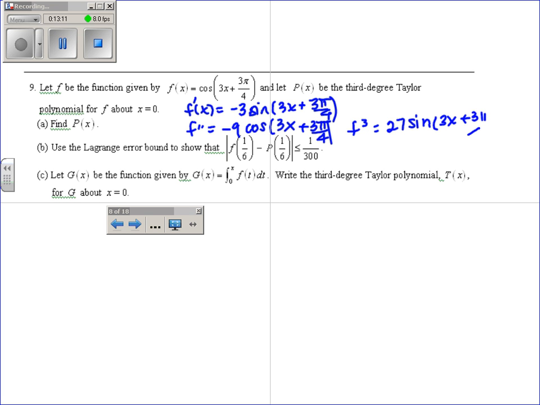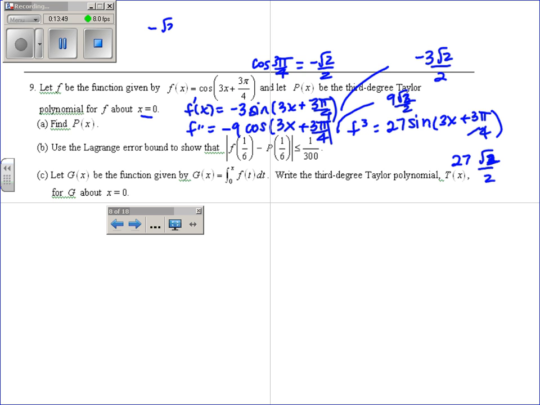And then I'm evaluating all of these when x is 0, and so you're taking the sine of 3 pi over 4, which is the square root of 2 over 2. Cosine of 3 pi over 4 is negative square root of 2 over 2, so this would actually end up being positive. And then sine is again positive. Oh, 3 over 4 square root of 2. And so then we just listed out the cosine of 3 pi over 4, negative square root of 2 over 2. So we have negative square root of 2 over 2 minus the square root of 2 over 2 times x